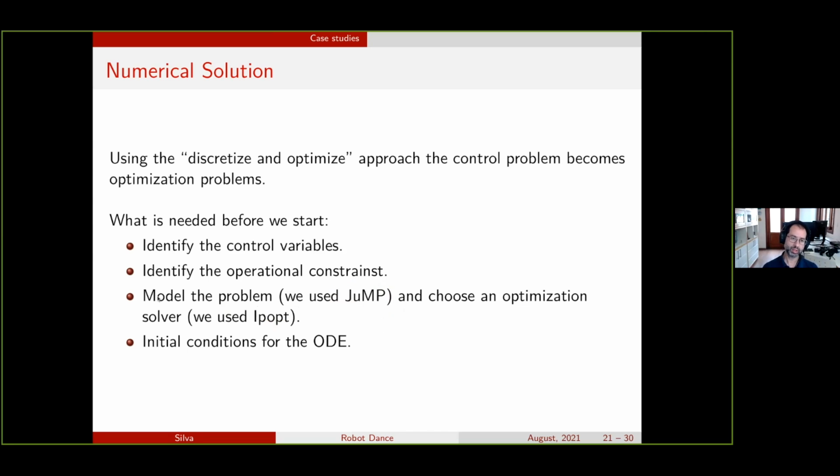When we're modeling the problem, we have to think a little bit about it because, for example, once you accept that the R0 is a variable, it would be a model with third-degree polynomials, and we wanted to avoid that. So we added extra variables so that our model was always quadratic. And since the model is quadratic, there is no need to compute the Hessian more than once. You only have to compute the Hessian once, and that was helping us a lot to speed up the solution.